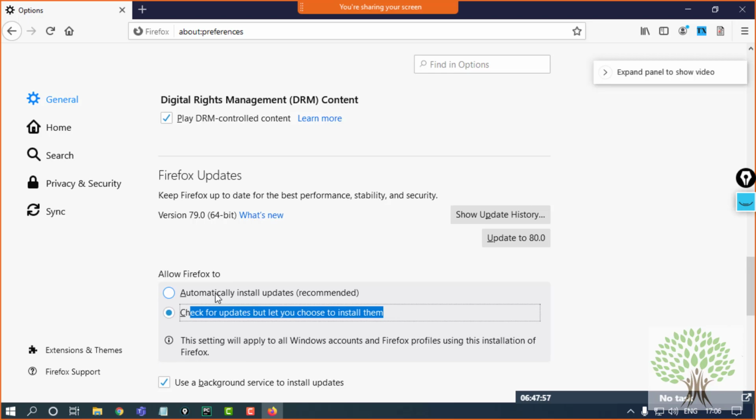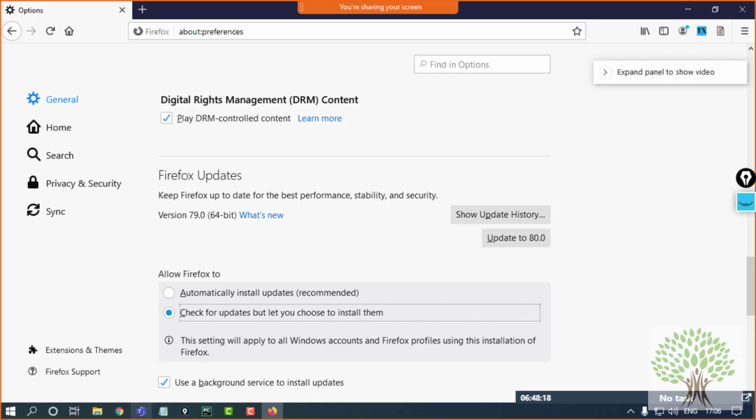If you have automatically install updates selected, 80.0 will be installed into your browser, and that can result in your Firefox not working because the driver is not compatible. So make sure that you do this before downloading the driver for Firefox.